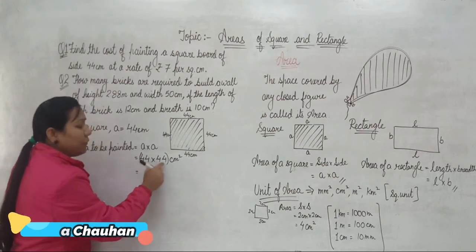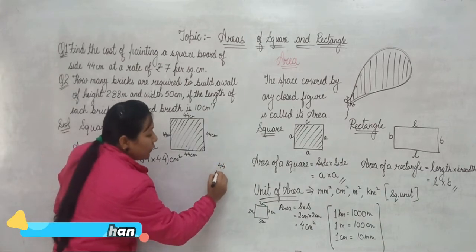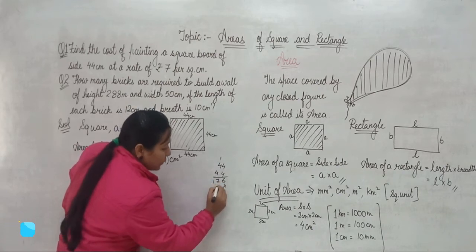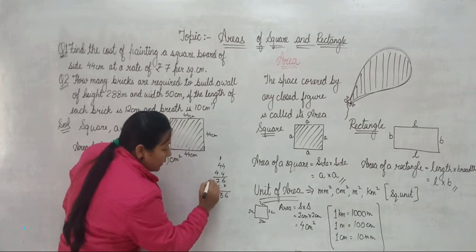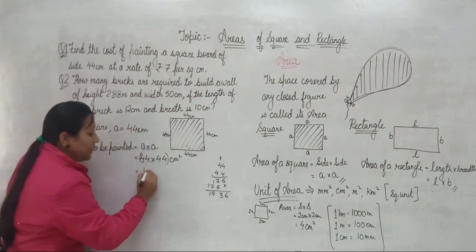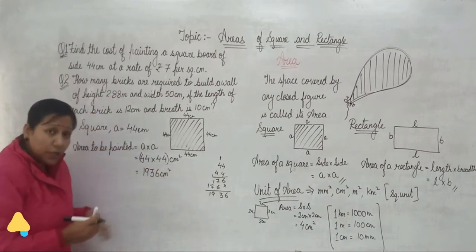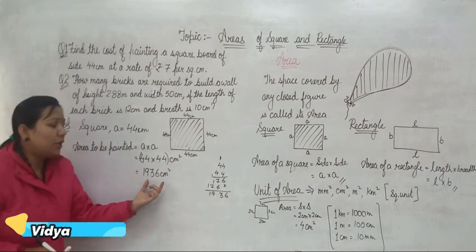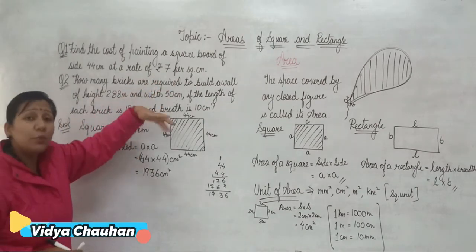Now let's multiply 44 with 44. So what is the product? Let's multiply here 44 with 44. 4 4s are 16, a carry, 176. 4 4s are 16, a carry and 176. So what we are getting here is 1936. So 1936 centimeter square is the total area which we have to paint. Right? So now we have calculated the area which we have to paint, but still we have to find its cost. How much is the total cost?